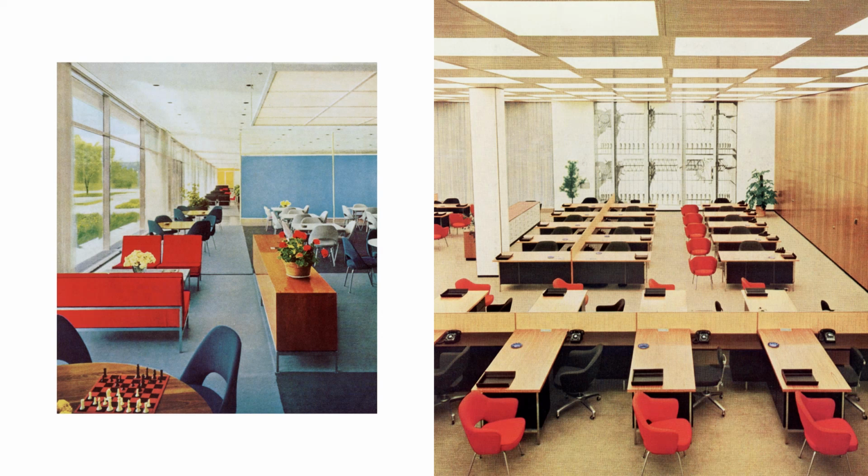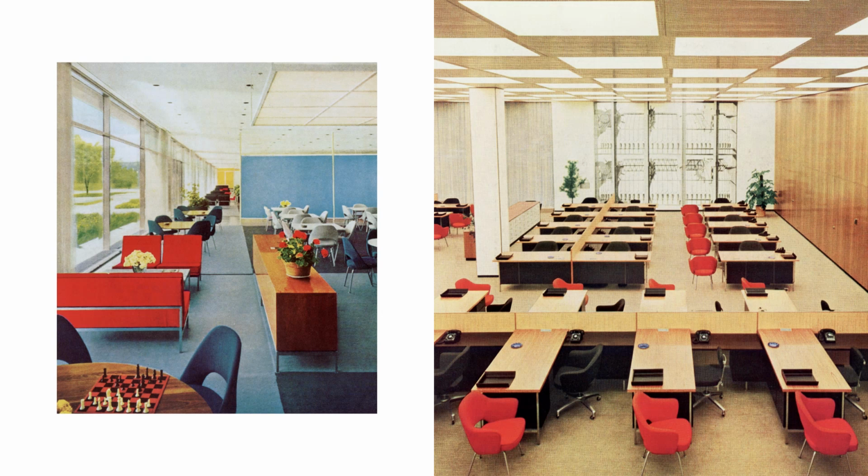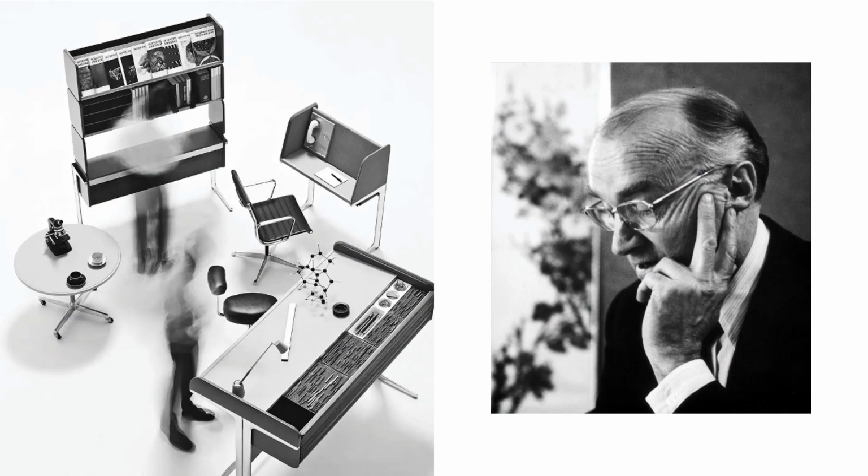The work of the Knoll Planning Unit continued to follow Florence's total design approach. She considered everything from the wall colors to the pieces of furniture itself, just like the Saarinens did in their design of Cranbrook. Also, just to say, these were planning unit projects, Connecticut General Life, and Milliken. Herman Miller